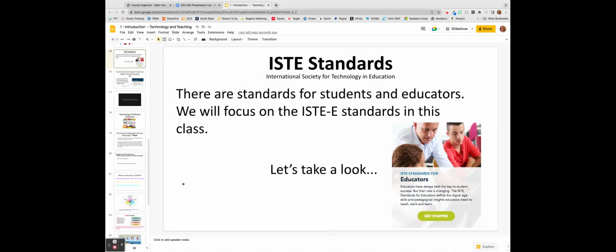All right, this is the second part of the introduction slide. So first we're going to talk about what is the framework for this course. This course is technology and teaching, and we are definitely in a technological educational world where you can walk into any classroom and students have Chromebooks. They have computer labs, but they have these devices in their hands in the classroom. So it's very important that for you as a future teacher, you understand how to effectively utilize these tools within